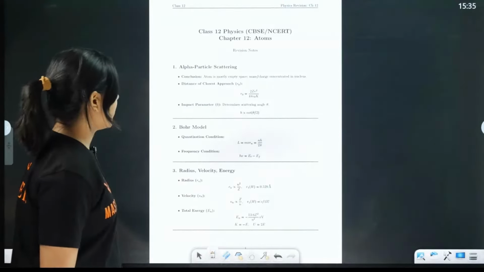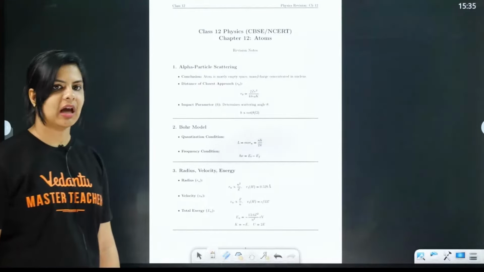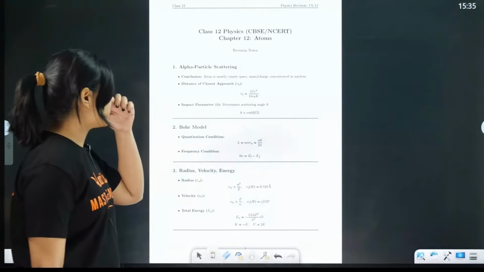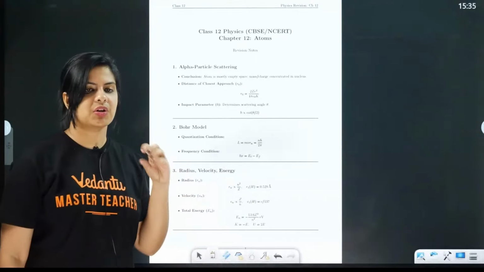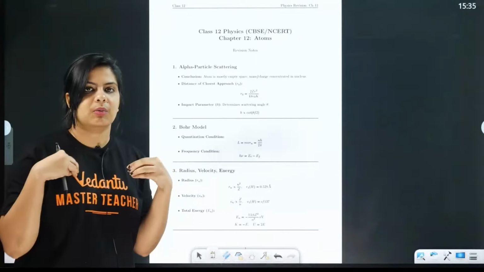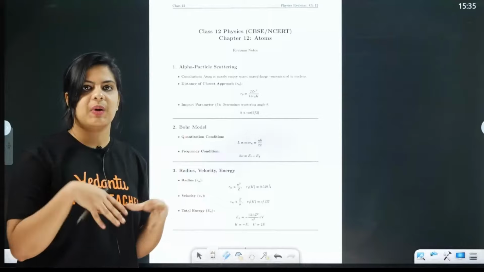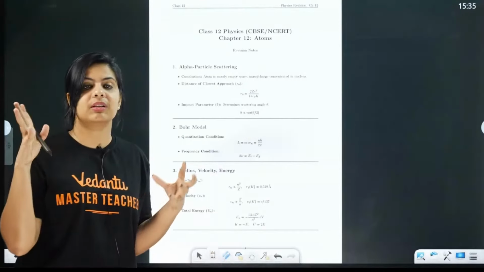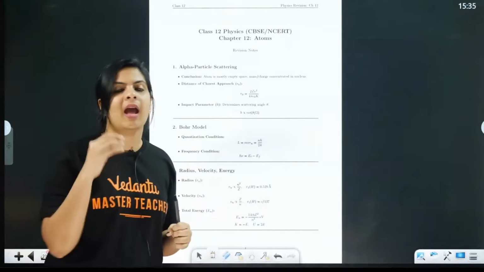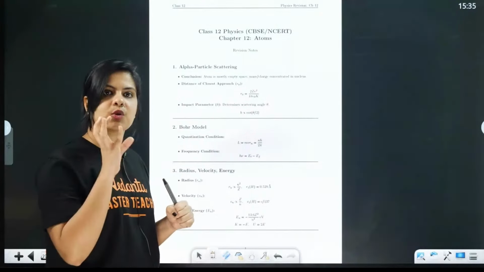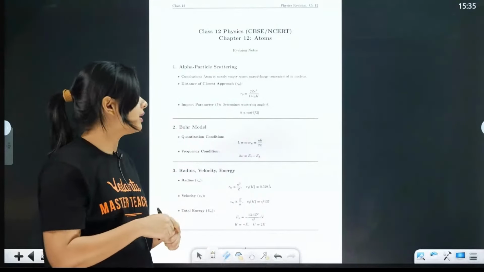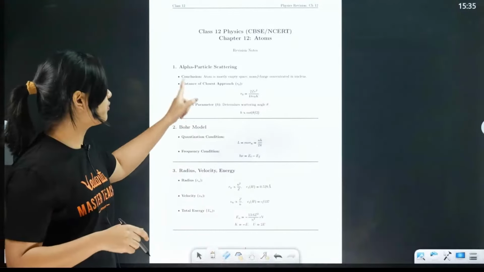So next we are going to the atom. In the atom, the first experiment is the alpha particle experiment. From the experiment we understood that most of the particles were passing without deflection, which indicates that the atom is mostly empty space, and a few retraced their path. So there is a strong positive charge there, and we call it the nucleus. In this we should know a few things.